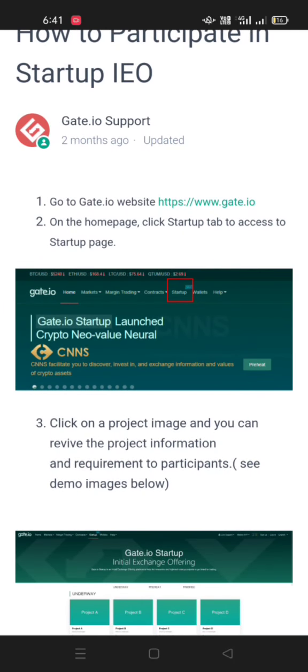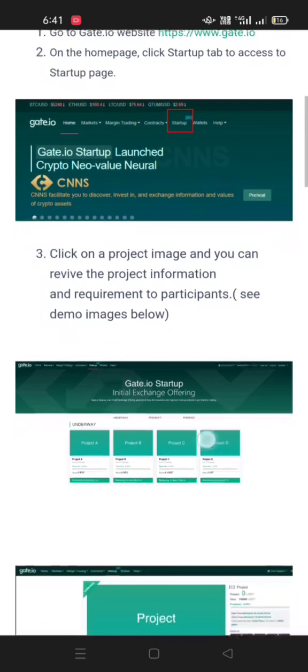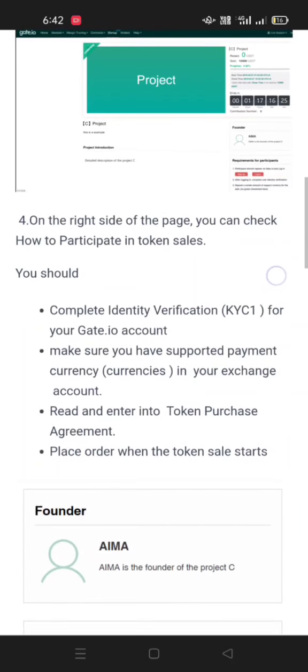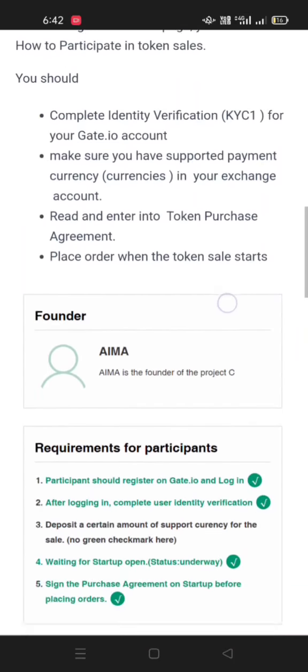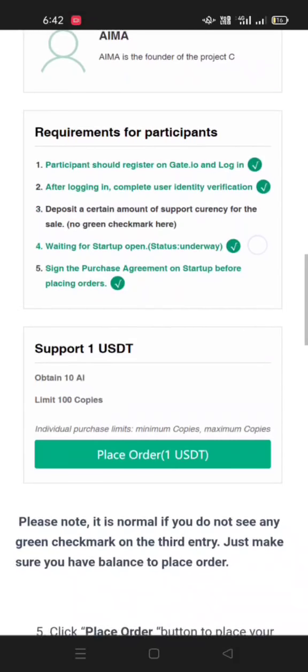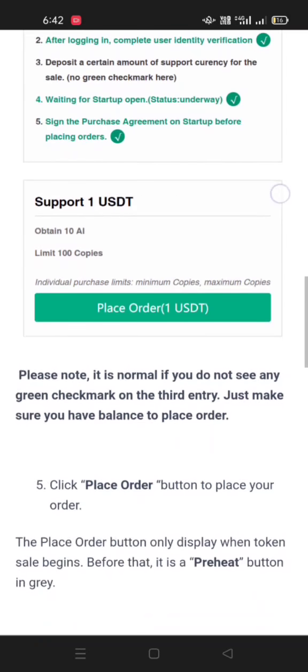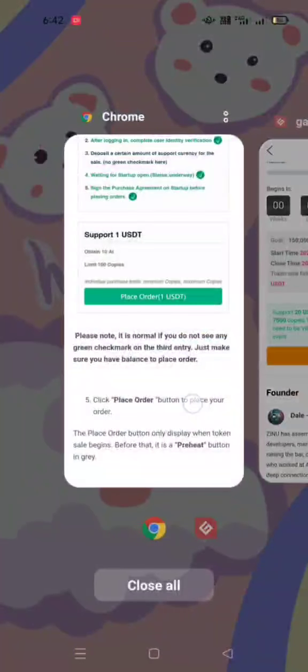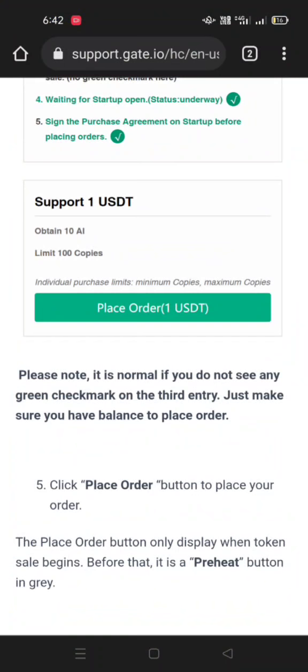Here it also explains the same thing. Go to this website, or better, you can have the Gate.io app. It is very helpful for you. If you click the project, you can see all the things, and it gives the requirements. Now we have the upcoming project. Inside these upcoming projects the button is preheat, but here it is place order. If you click on place order, it will place the order. So before placing the order,